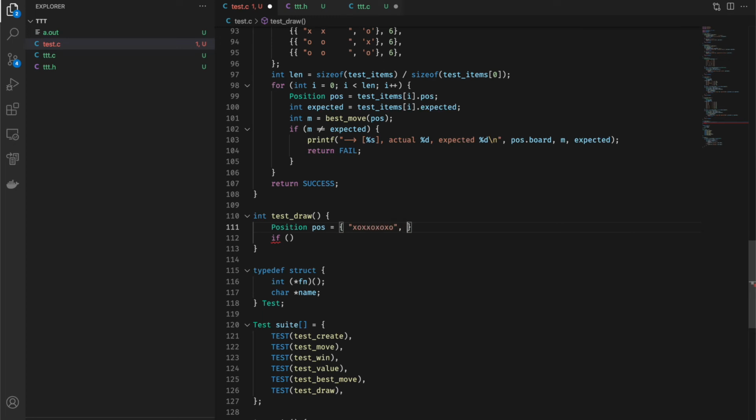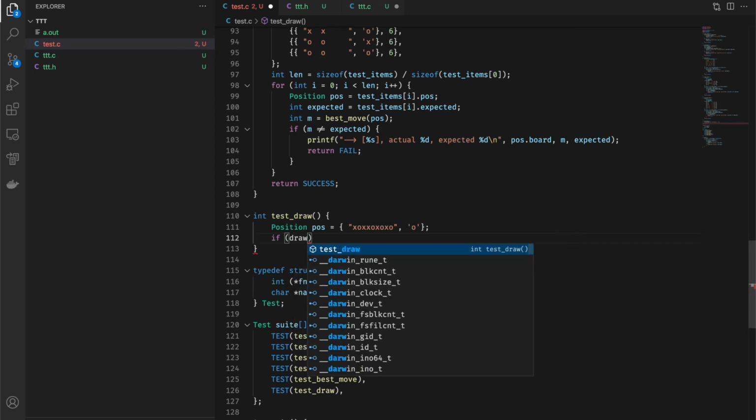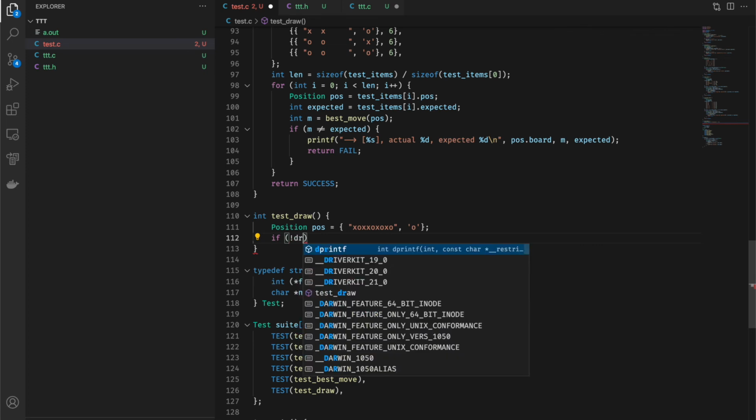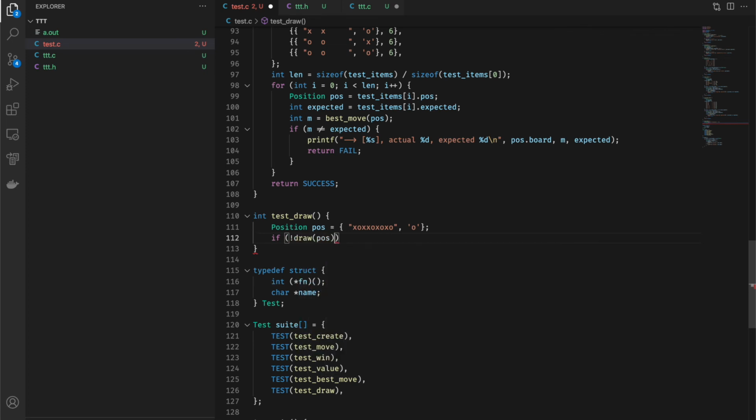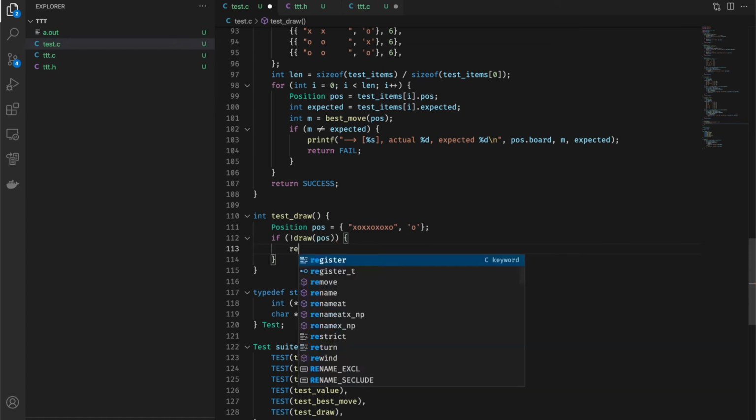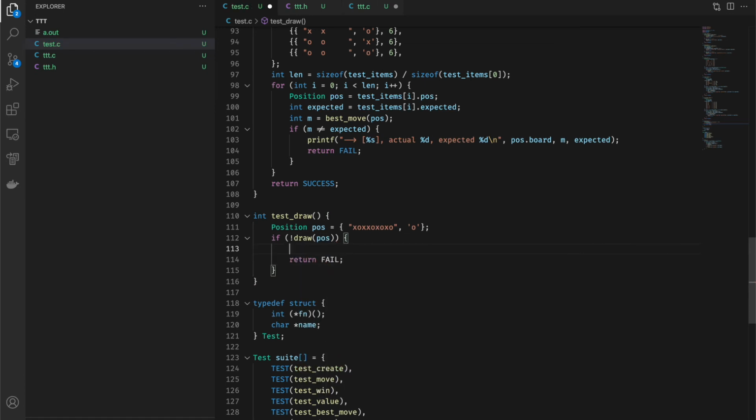Okay, and I think it's O's turn after that. So we have a position, and we want to test to see if that's a draw. If not draw of the position, because it should have been a draw, then that's an error. Return fail, and print a little error message here saying that,